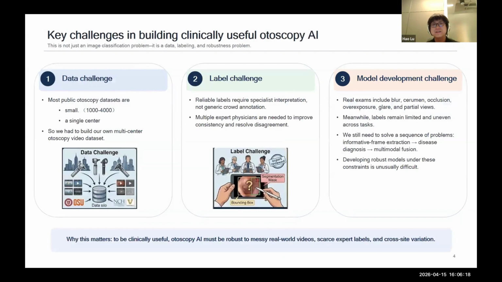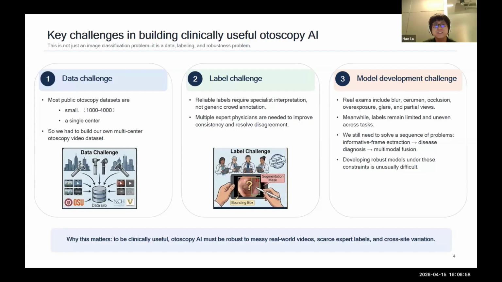And the key challenge of our project is, first, the data challenge. Currently, all of the public otoscopy datasets are very small. Usually they have only 1,000 to 4,000 images, compared to other datasets like ImageNet, which has more than 1 million images. And the second is most of those datasets come from only a single center, which makes our algorithm hard to